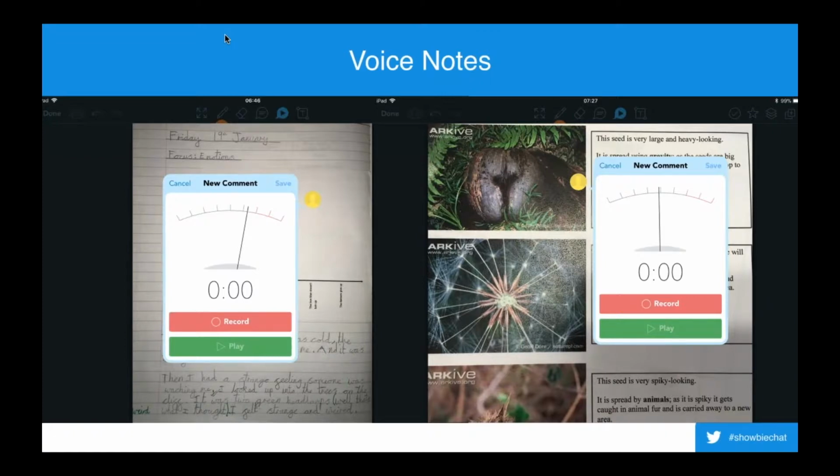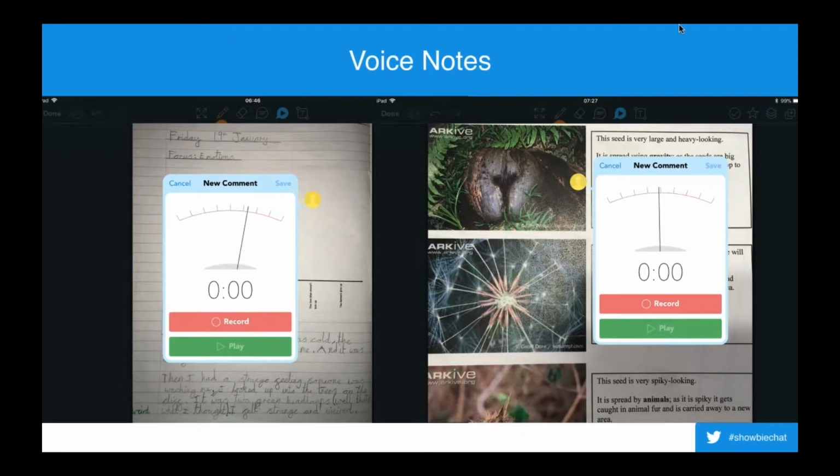I'm now going to talk about the voice notes. So the voice notes are for both the child and the teacher, both in year 3 and year 6. Some of my children really do struggle with constructing sentences and reading, if we're being honest. That was in year 6 and it's the same in year 3. And this is where Showbie's accessibility features, or maybe not always intended accessibility features, have absolutely